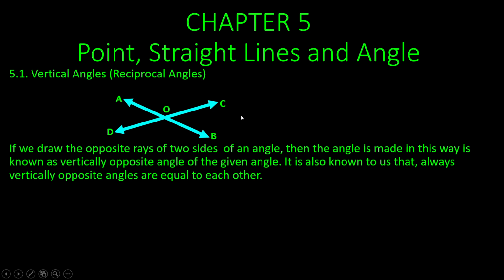So from our discussion, we can say that if we draw the opposite rays of the two sides of an angle, then the angle made in this way is known as the vertically opposite angle of the given angle. It is also known to us that vertically opposite angles are always equal to each other. In the figure,